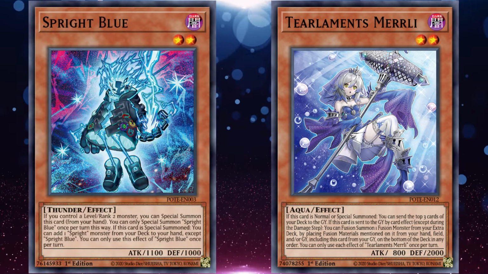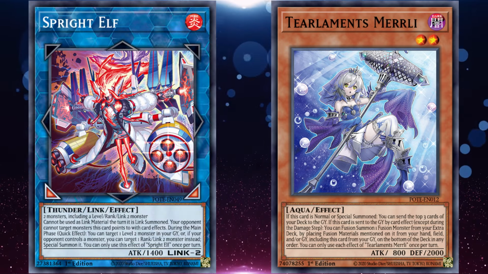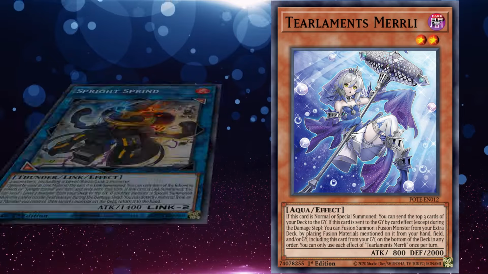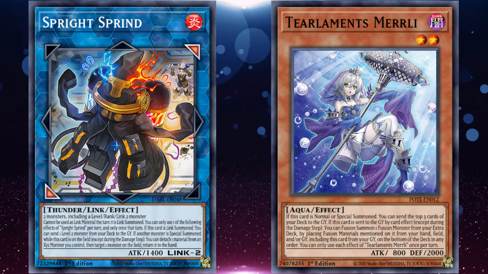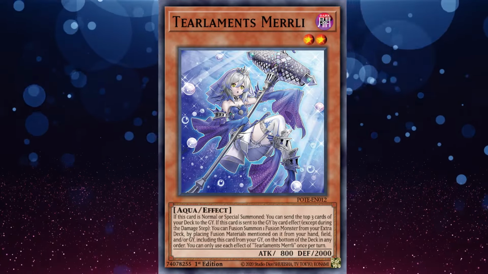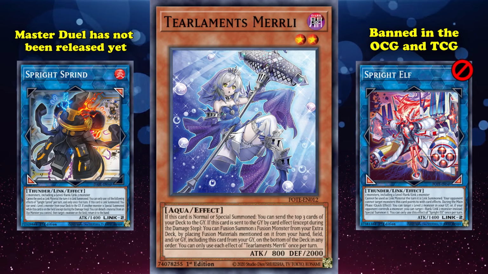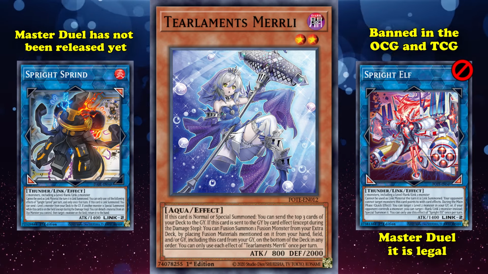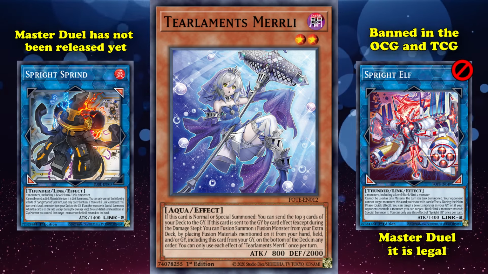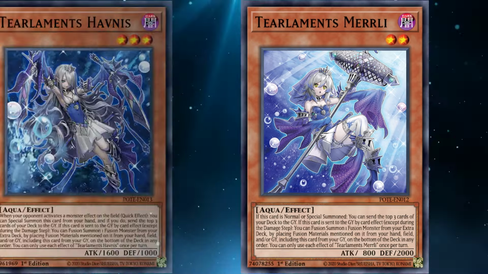But in most Tearlaments strategies, Merrli is used in combination with either Sprite Elf to revive Merrli during your opponent's turn as some extra interruption, or is sent by the effect of Sprite Sprint from the deck to the graveyard in order to trigger its fusion effect. Depending on the format you're in, however, Merrli's utility can vary, because Elf is banned in the OCG and in the TCG, and in Master Duel Sprint hasn't been released yet. But Elf is still legal, so you can still use Merrli as an interruption during your opponent's turn if you're set up. But if you want to be able to combo on your turn 0, you'll be relying on Tearlaments